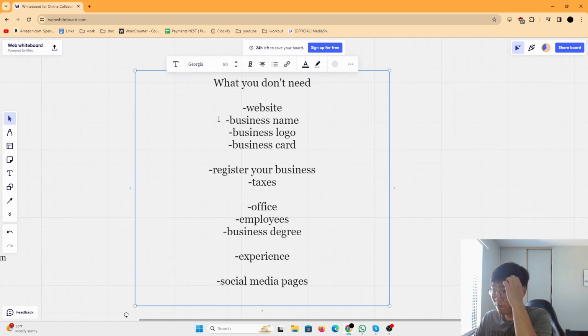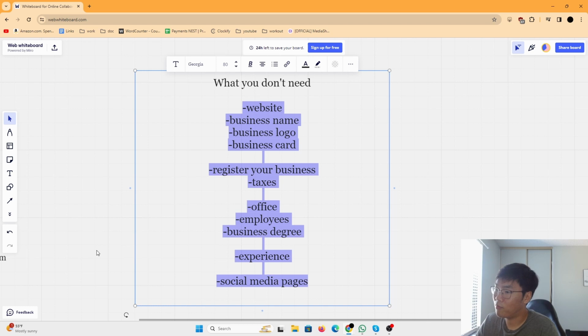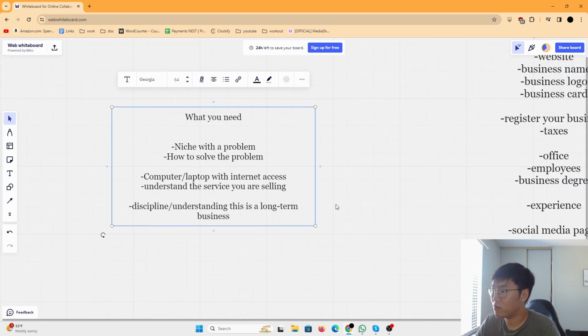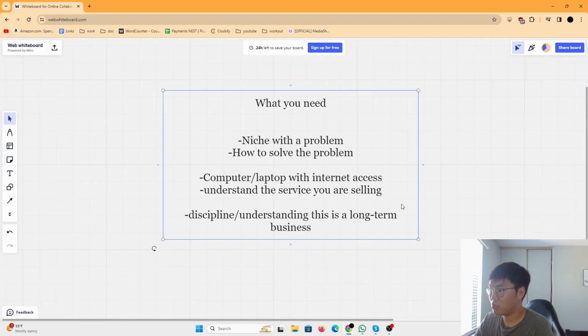The reason why I'm emphasizing this whole section is because people like to waste time because I guess they're scared of actually getting started. But if you want to make money with this business, you need to just start. And all of this is just time wasters, things that are gonna keep you from getting started and signing that first client. So get this out of your head. Worry about what you need. These are the things you should be worrying about.